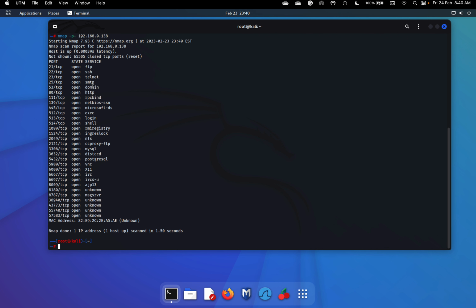You can see FTP port, telnet, domain, HTTP, NetBIOS, shell, and all these. And we have also interesting uncommon ports here. Okay. Now, let's say, for example, if you want to scan for